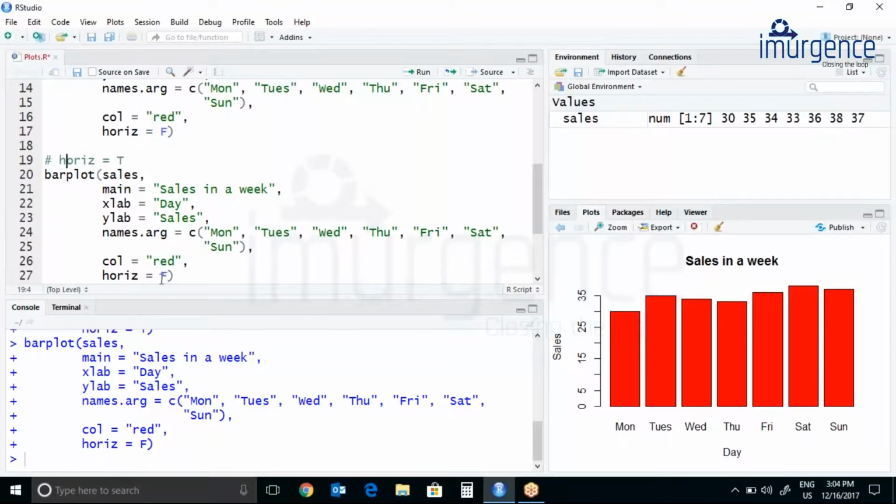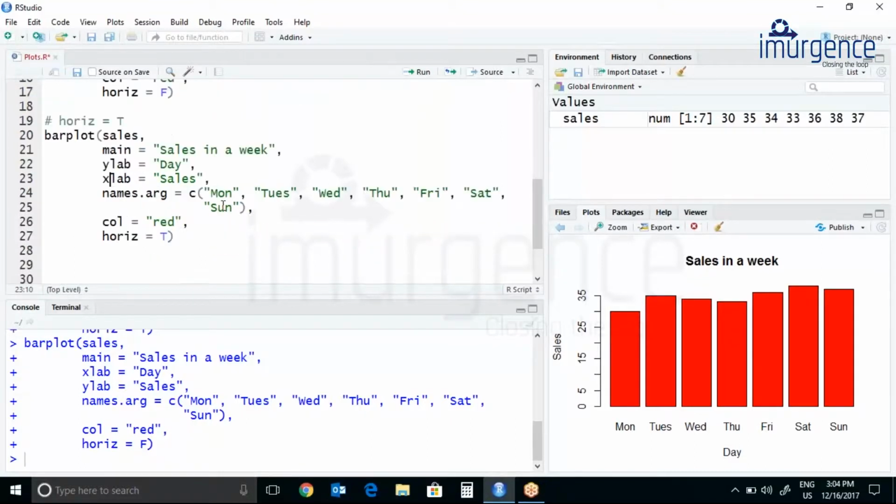Okay, so instead of FALSE, let's make it TRUE. So this is going to be changed now. This will be your ylab, and this is going to be your xlab, because we have changed the orientation, so this name will change, right?